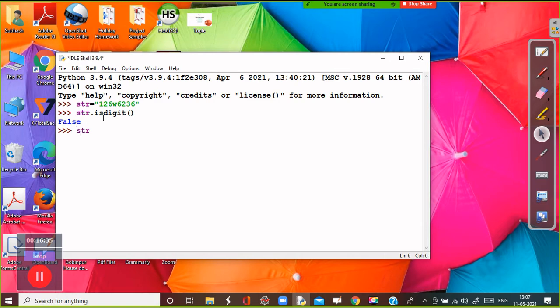Now suppose I am storing here a string only with the digits, okay. And if you are writing isdigit, then it will give true. So these functions are very simple.